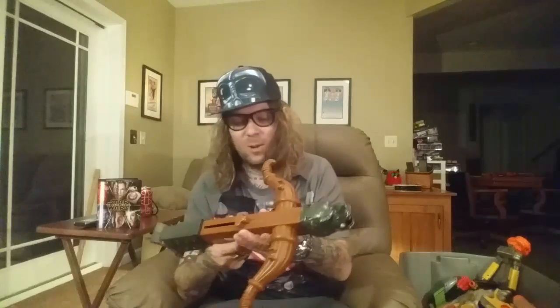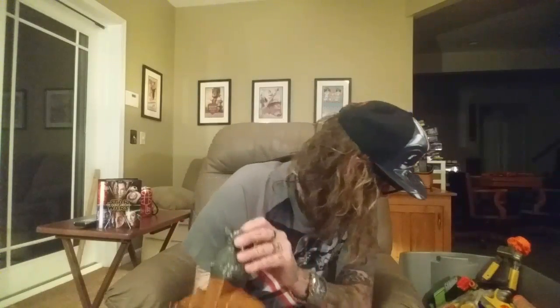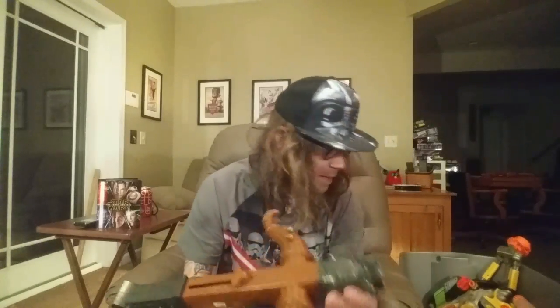Here's an interesting kind of crossbow. It is from Kung Fu Panda, and it's got a big hilarious rhino head on the end of it. The only reason I got it is because it was $1.50 and it does not fire Nerf darts. I want to try to stuff some Megas down here, and I really wish I would have thought to grab some Megas, but